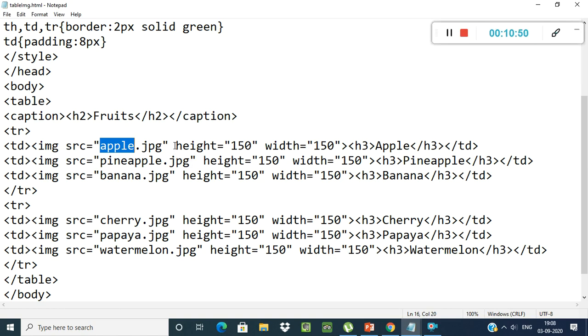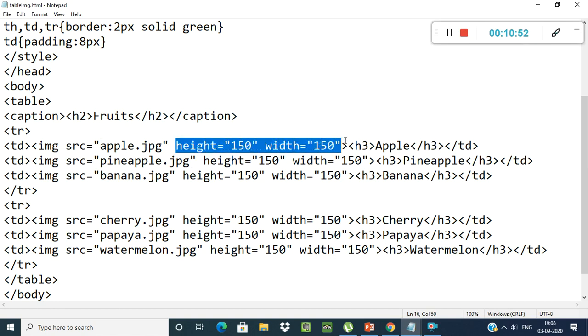After that I am giving here height and width. In your textbook, height and width is not given here, but I will put it here. You can put height and width, otherwise if you don't want to put, don't put. After that, h3 means I give a heading tag to this image, that is apple.